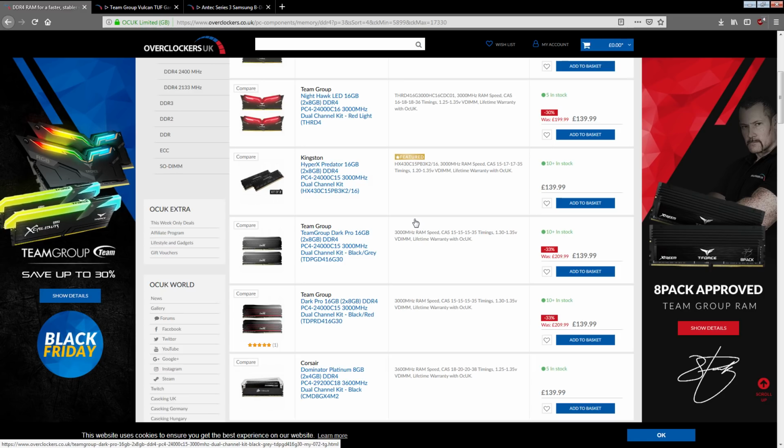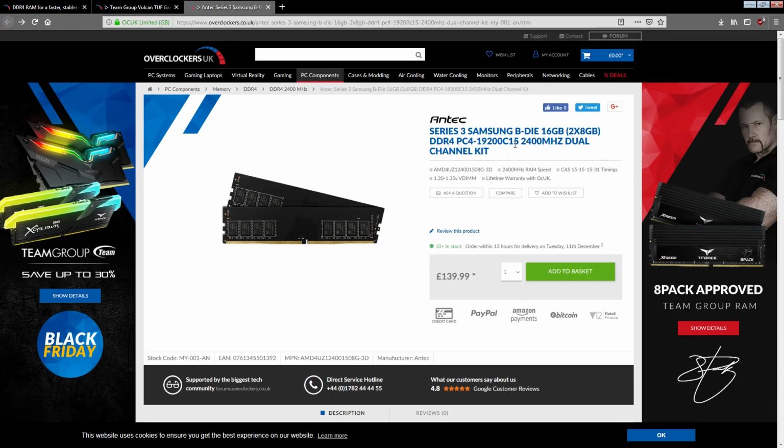And the other thing is, at this point you might be pointing out, oh, but BuildZoid, you don't know that this isn't good. This could be AFR, and if it's AFR, it's going to be a pain to overclock. But I just showed you that if you actually manually overclock your AFR, you can get pretty good results out of it, right? And second of all, if you are buying this kit right here,